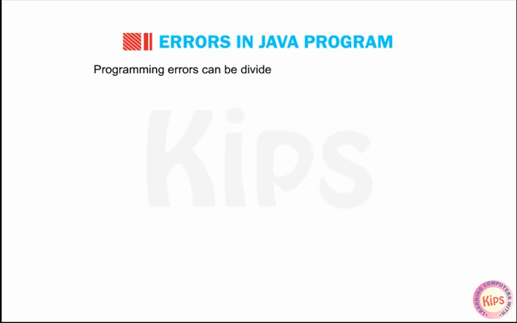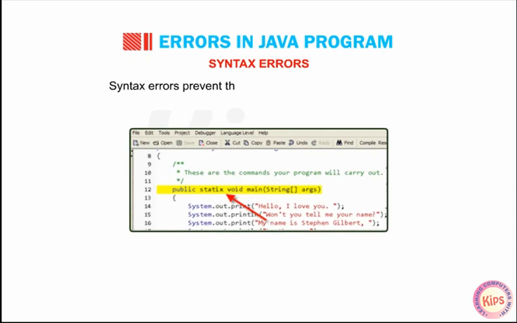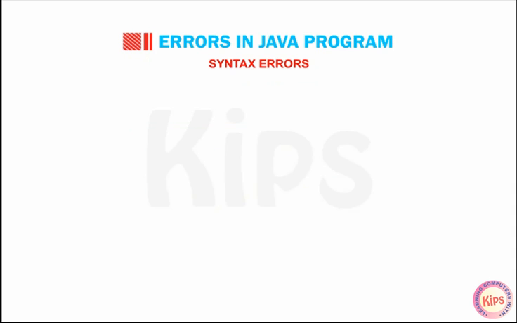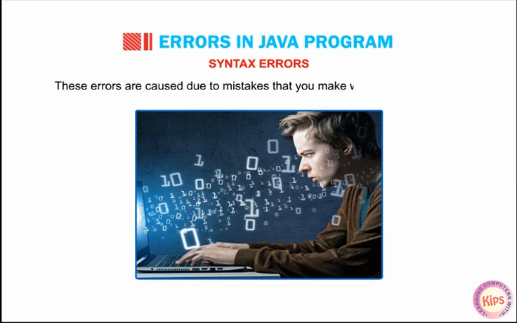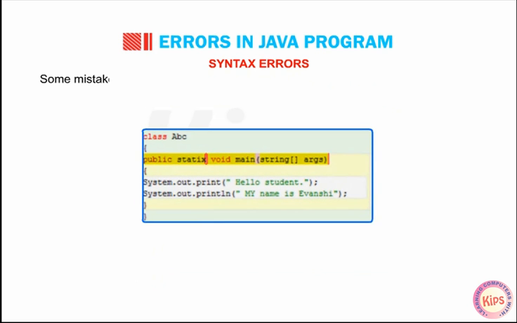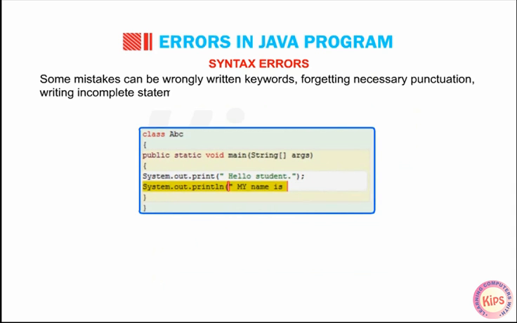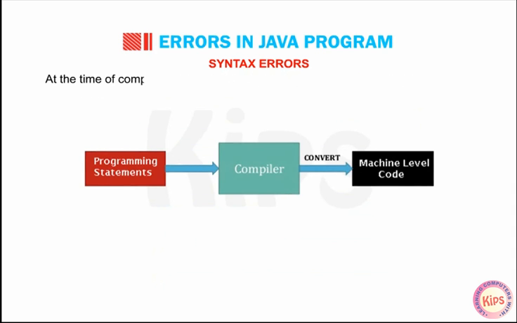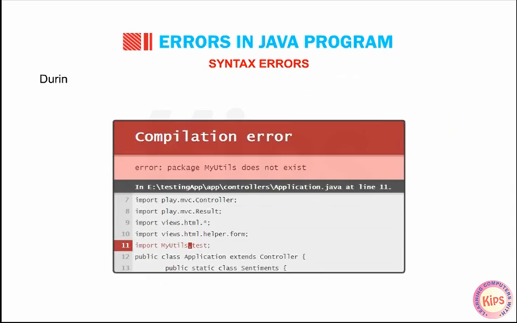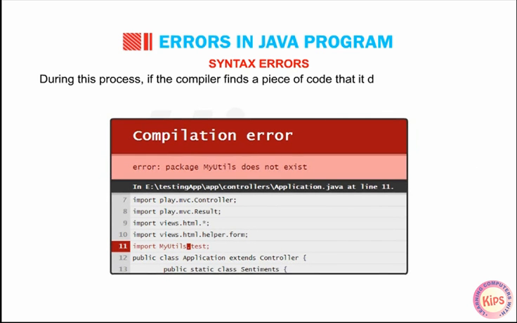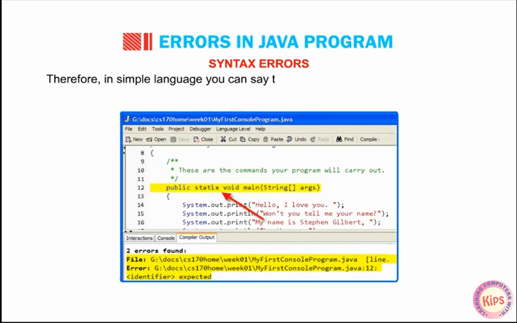Programming errors can be divided into three major categories. Syntax errors. Syntax errors prevent the program from getting executed. These errors are caused due to mistakes that you make while typing the code. Some mistakes can be wrongly written keywords, forgetting necessary punctuation, writing incomplete statements, etc. At the time of compilation, the compiler converts the programming statements into machine-level code. During this process, if the compiler finds a piece of code that it does not understand, it generates an error. Therefore, in simple language, you can say that the errors caused due to incorrect programming statements are known as